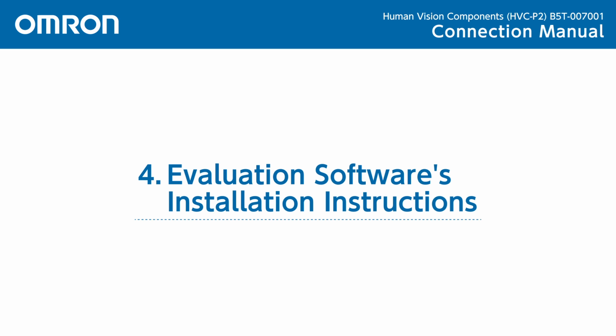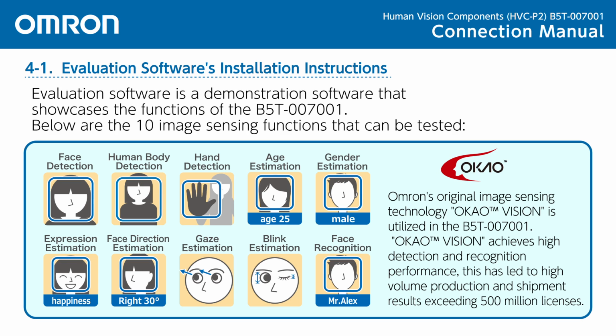Section 4. Evaluation Software's Installation. This section covers the basics of using and installing the evaluation software for the HVC-P2. The evaluation software is a demonstration software that showcases the functions of the B5T-007001. Below are the 10 types of image sensing functions that can be tested, including face detection, human body detection,